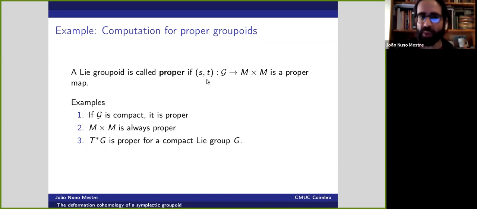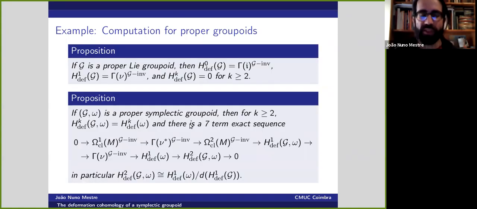And recall that the groupoid is proper if for any compact in M, the space of arrows taking a compact to another compact is also a compact subset of arrows. For example, that's the case for compact groupoids, or for paired groupoids, or for the cotangent bundle of a compact group. Okay. For these things, we will be able to use that long exact sequence,